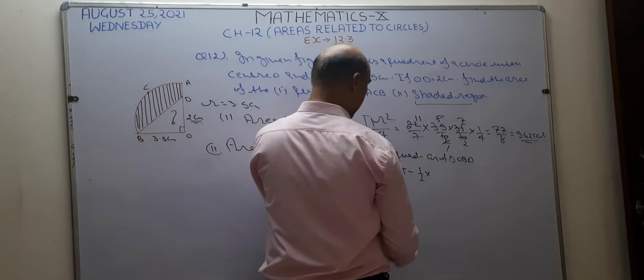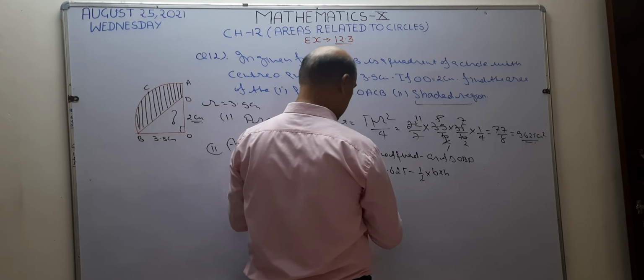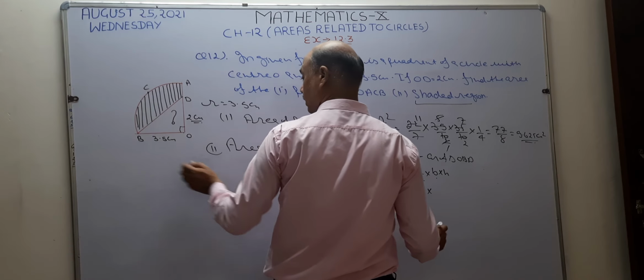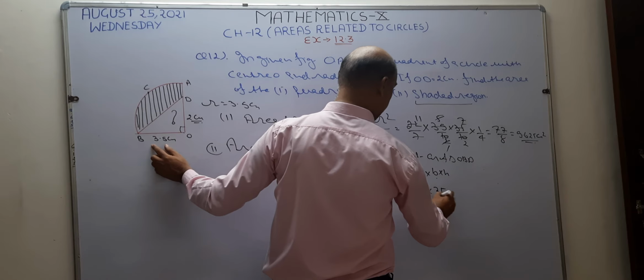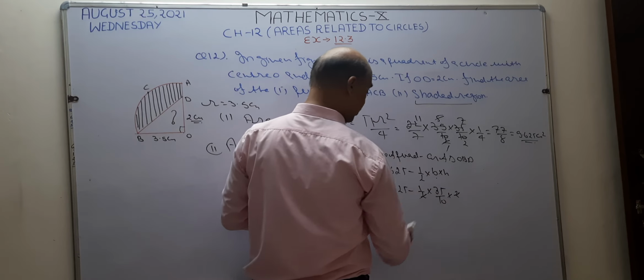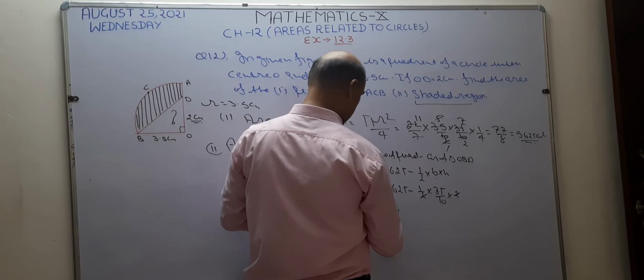Formula: I want to use 1/2 base into height. The area of the quadrant is going to remain the same. 1/2, but what is the base? Base is 35/10. And what is the height? Height is 2. So this 2 is going to cancel this 2, and you are going to divide 35/10. So this becomes